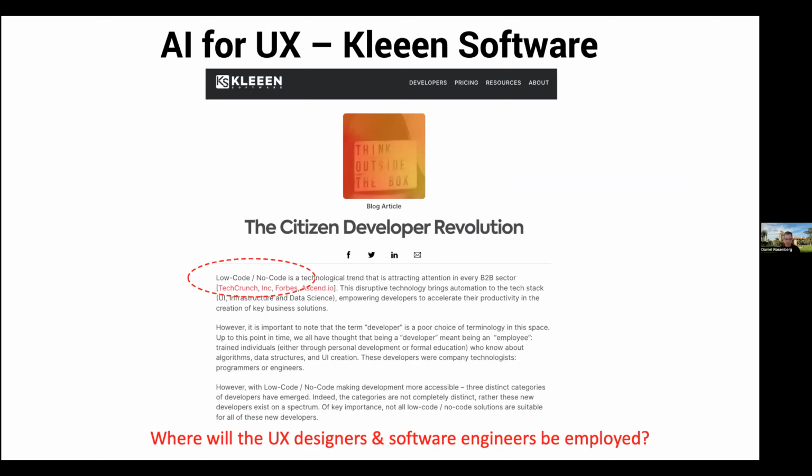And can a product manager actually do it instead of needing a UX designer? So this whole automation in the world of generative work in technology, from beginning to end, challenges the assumption of where designers and software engineers will be employed in the future if we can really have these smart systems.